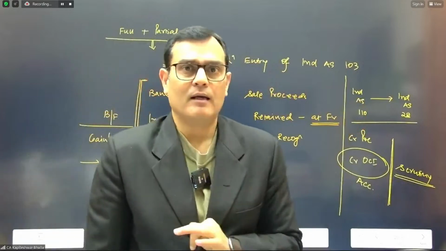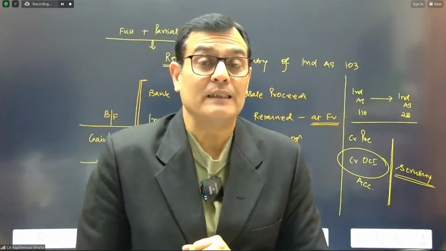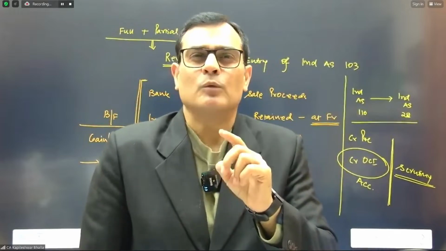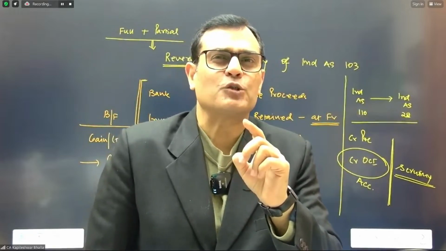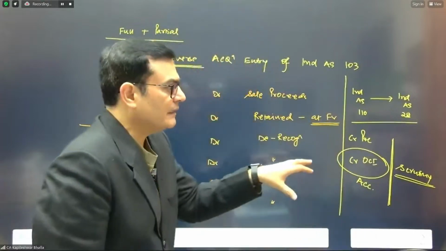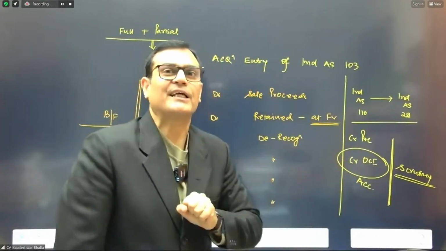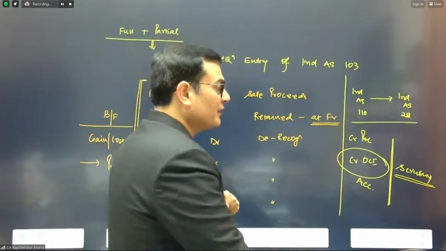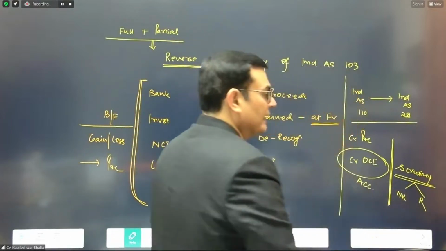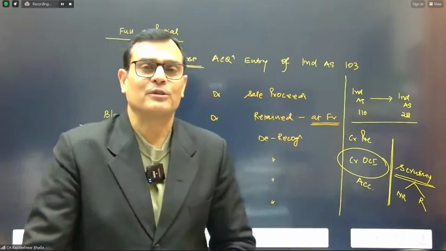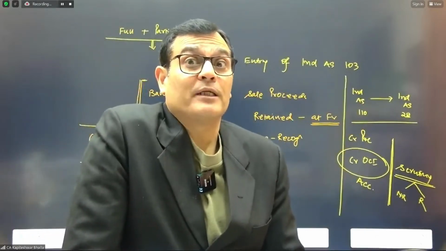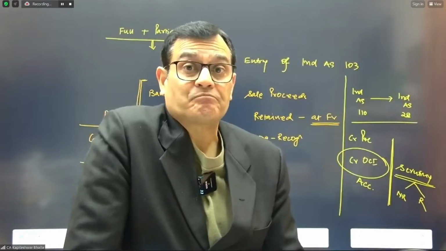And if you remember, something similar we did in business combination, where you did a scrutiny when it was a conversion of an associate into a control, and you started deciding, is it R or is it NR? So we're going to make a scrutiny and decide, is it no recycling or is it recycling? And accordingly, you're going to put that money either in retained earnings or in P&L.